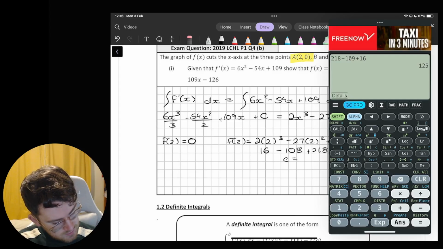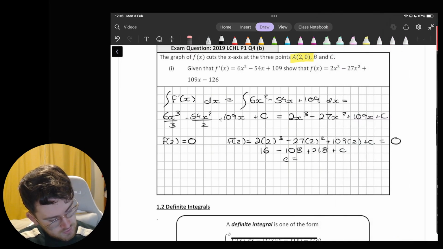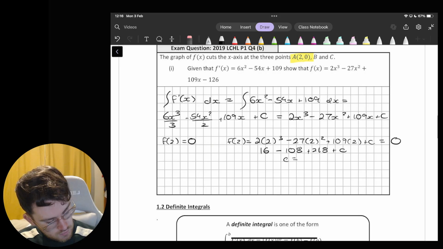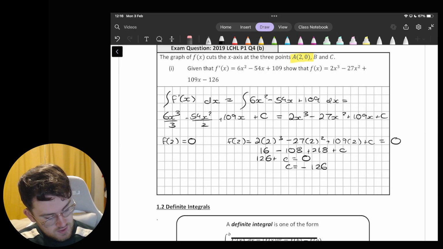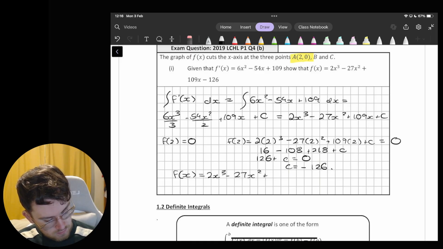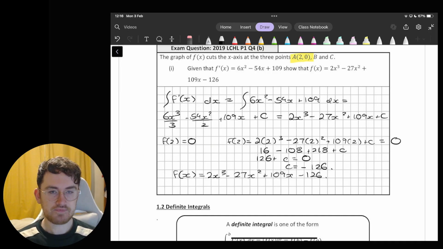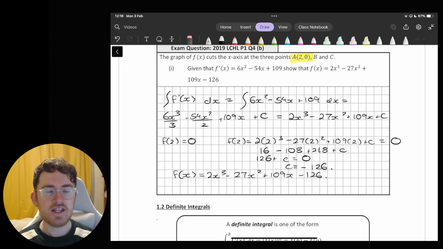125. Let me see, have I filled in something? 108, excuse me, not 109. 126. So 126 plus c equals 0, so c equals minus 126. And therefore we've shown that our function is 2x cubed minus 27x squared plus 109x minus 126. Okay, so again, using the information in the question to help us find the value of that constant